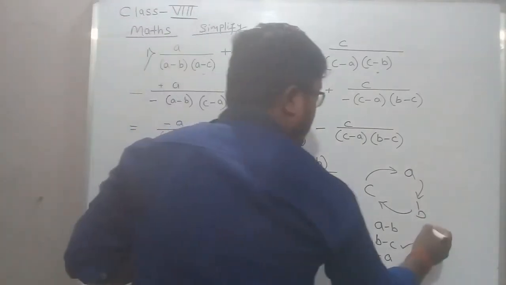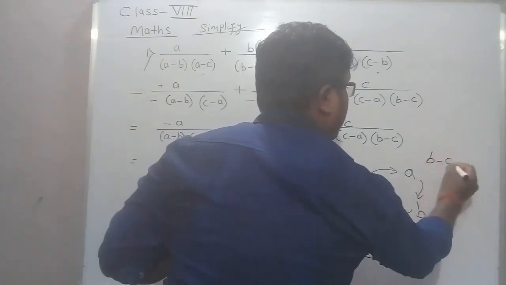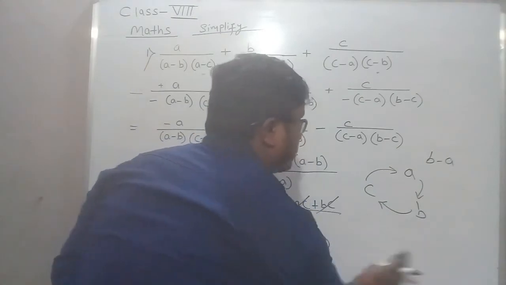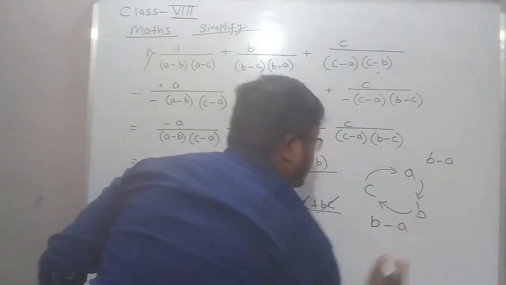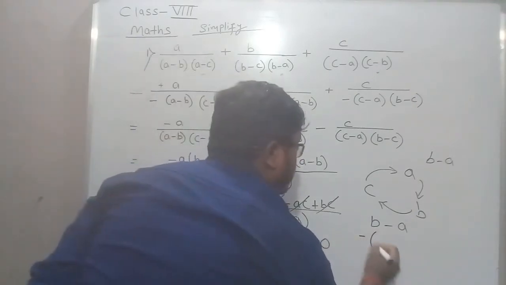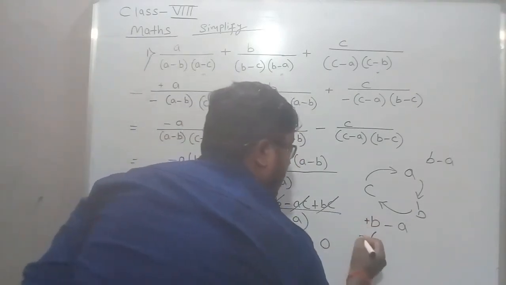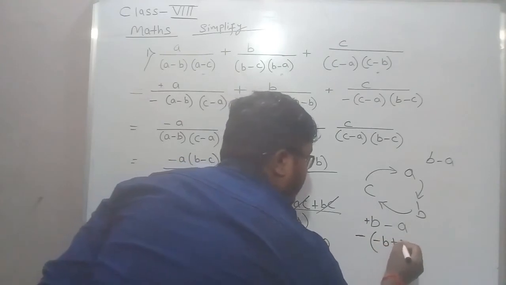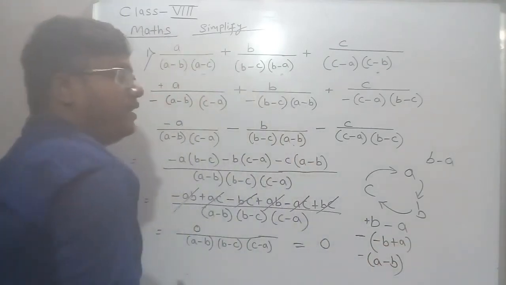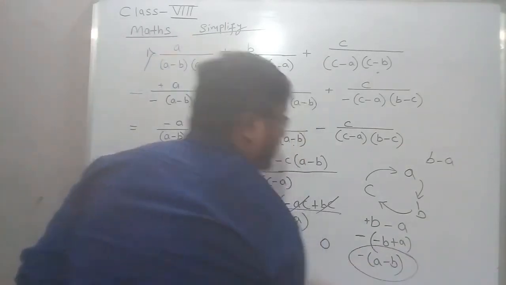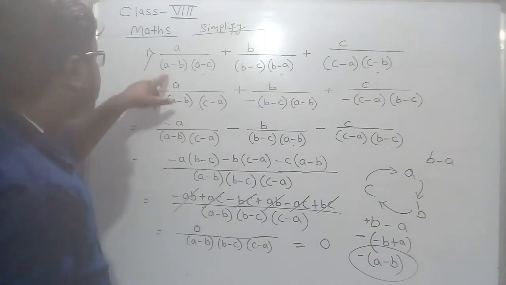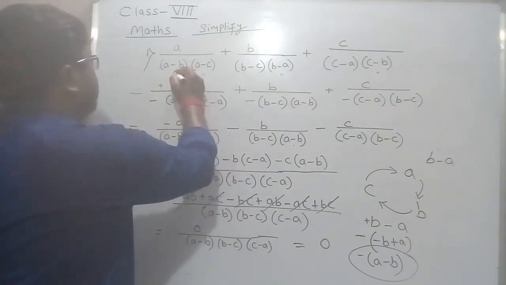Likewise, suppose there is B minus A. I need to make it A minus B. Then what I need to do is take minus common. So here plus B minus common, I am taking the minus: minus B plus A, it will be there. So it will be your A minus B. Okay, we need to take minus common. So we will get here minus of A minus B. Okay, so here A minus B was okay.